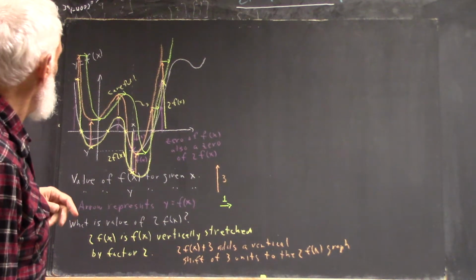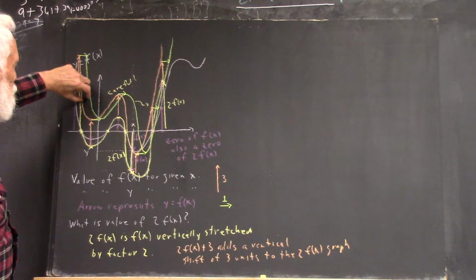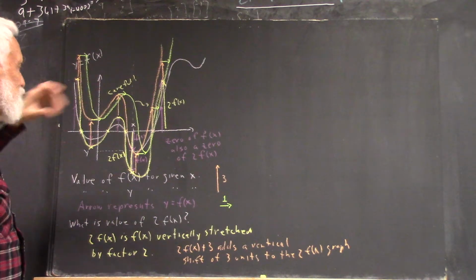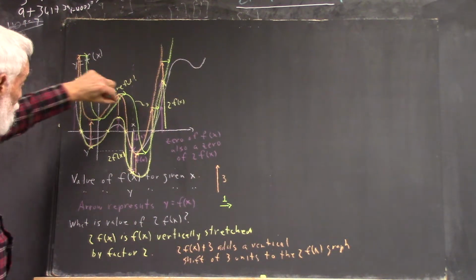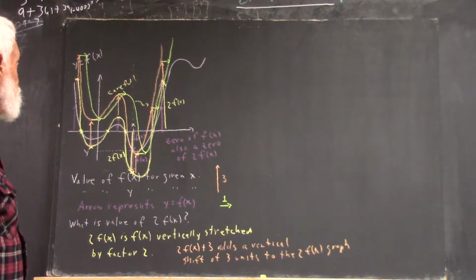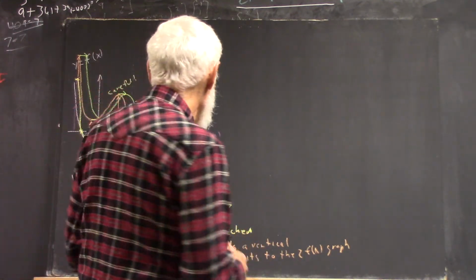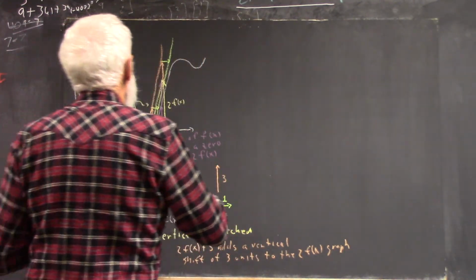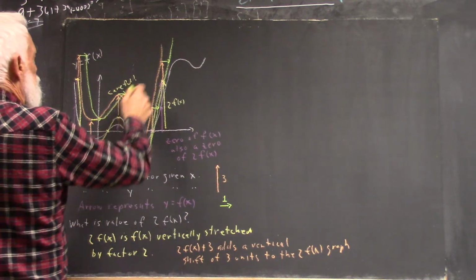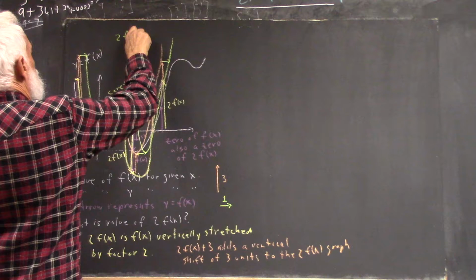That's getting a little messy, but you can see how the points of the green graph are supposed to be exactly 1 unit to the right of the points of the orange graph. The green graph turns out to be the graph of 2f(x minus 1)